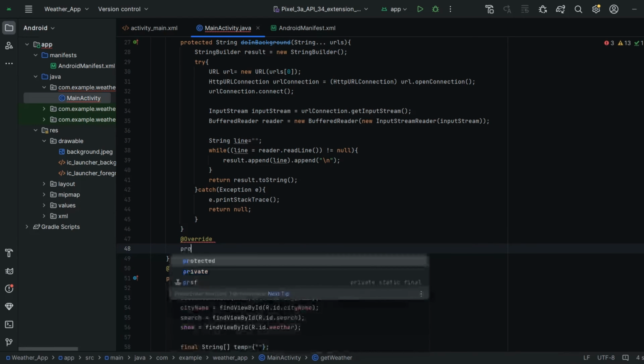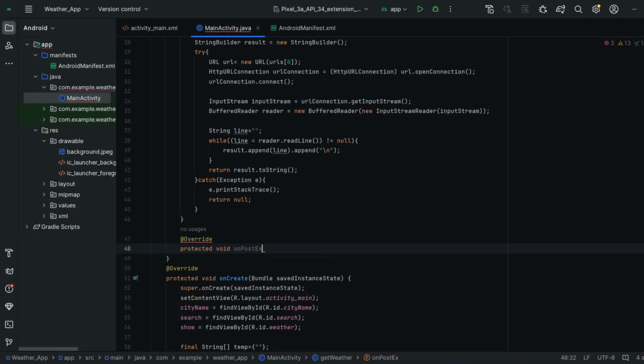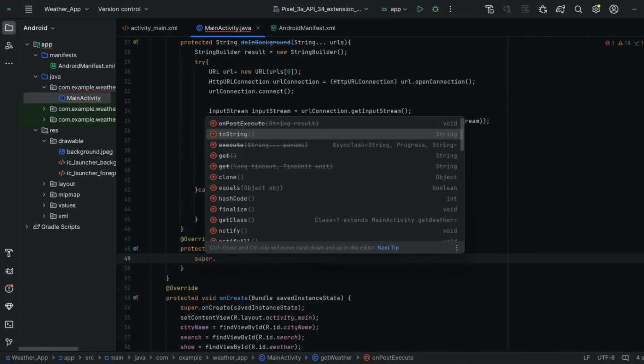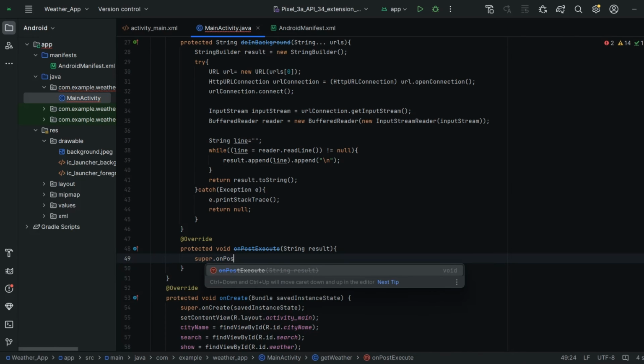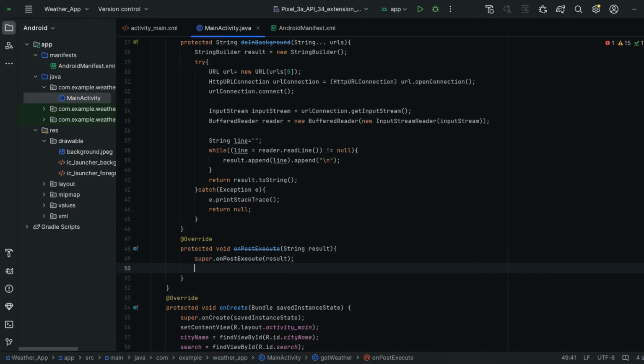Here I am going to create a protected void onPostExecute, going to pass the string result here, and I'm going to do super dot onPostExecute.